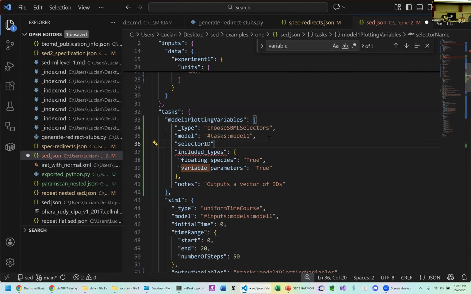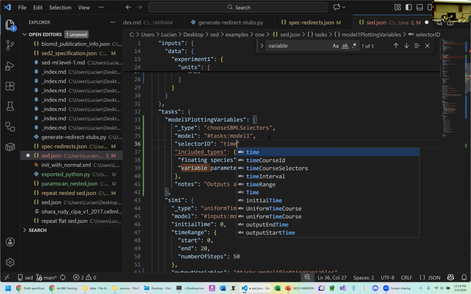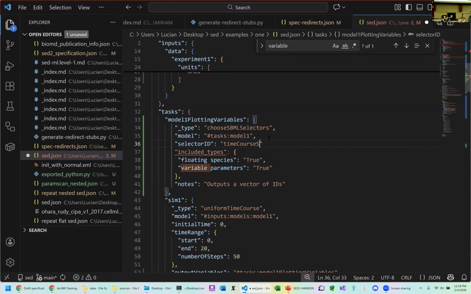Selector ID is time course selectors. So the tasks one. And then this is okay. Add, and then this is add